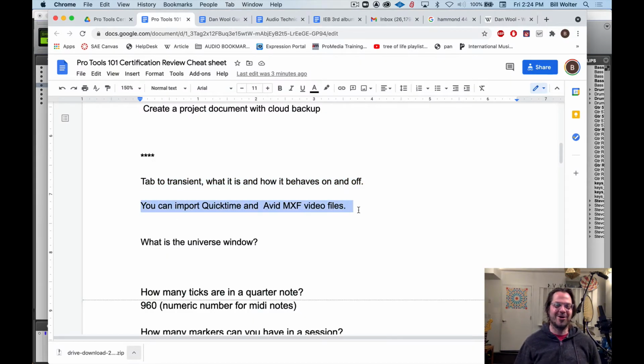Okay, that's tab the transient. You can import QuickTime and Avid MXF video files. This is true. So these are two video file formats. QuickTime, that's like a MOV. It's an Apple-based video codec. And Avid MXF video. This is a very strange question. So Avid has a certain video codec,